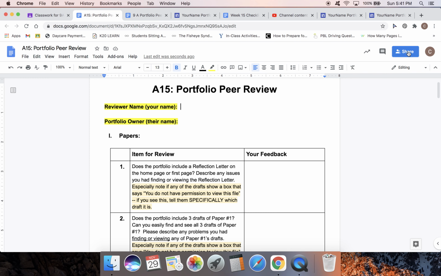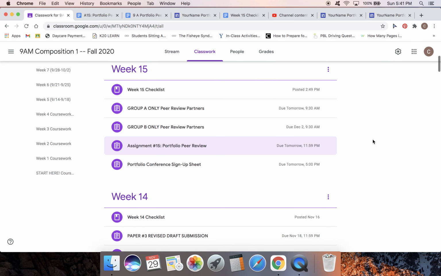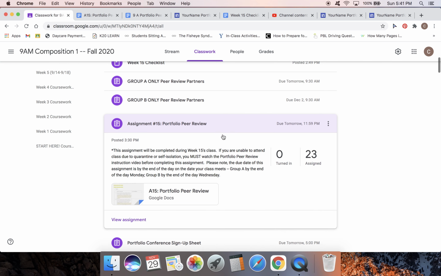And actually, you may not have the share button. So if it doesn't show up with share for you, just turn it in and I will grade it for you, and then share it with the other person. If it does not allow you to share it, that's okay, as long as you try. All right. So once you have finished that and you've turned in your peer review and attempted to share it